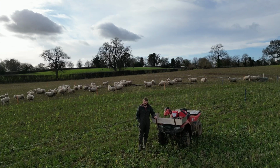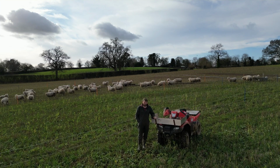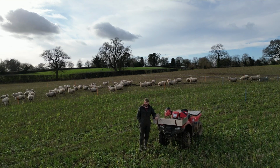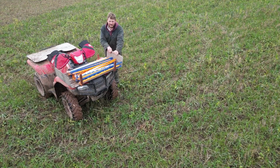Hiya, we're just in a field of overwinter cover crop. This is the third and final field we've got to graze this winter. We grew 15 hectares overall. 2 of the fields are going into spring beans, and then this field is going into a diverse summer cover